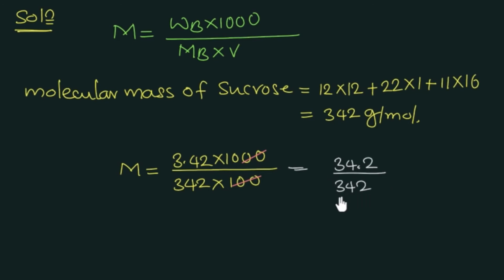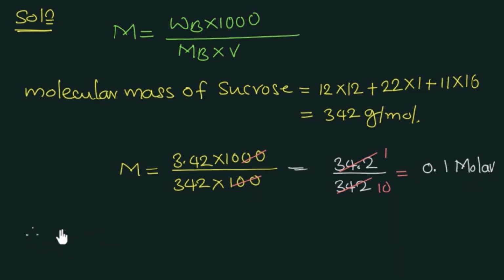So again I can cancel these. You look, similar numbers are there, just the decimal point has changed position, therefore I cancel it. After cancelling, what I get is 1 and 10, and that's equal to the final answer, 0.1 molar solution. Let me write here molar solution.